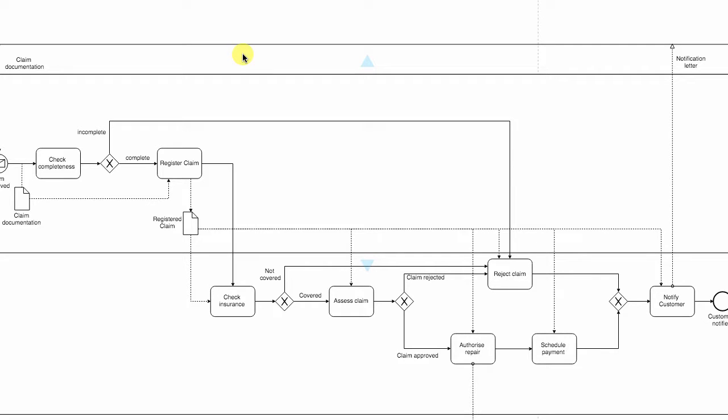Hello and welcome back. I hope you enjoyed the second case study. It was a very interesting one, but it also was a pretty difficult case study to model. Most of all because it's the first time you had to use pools and lanes in your models, and that